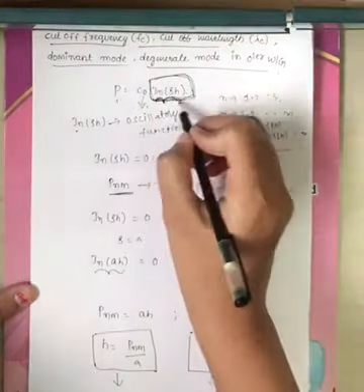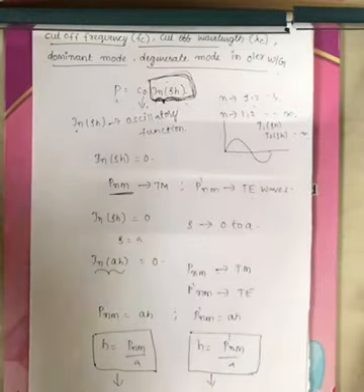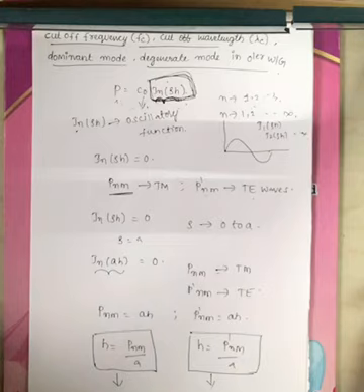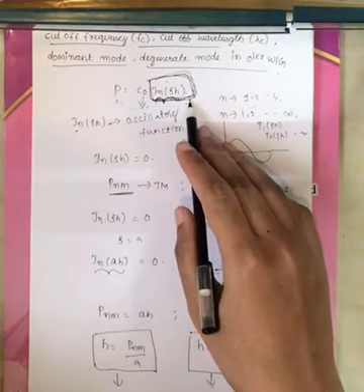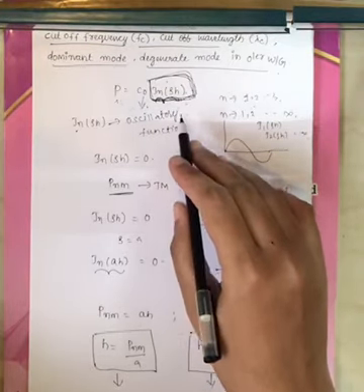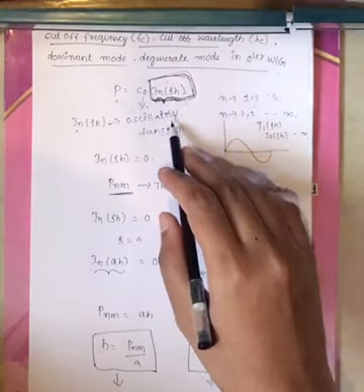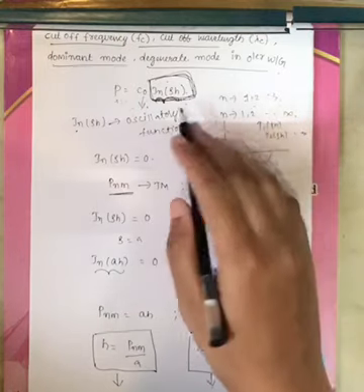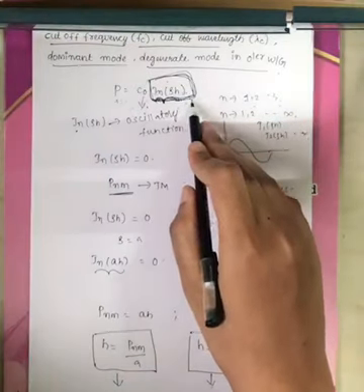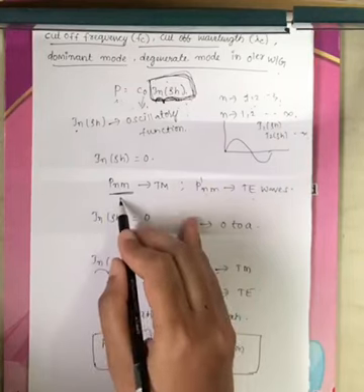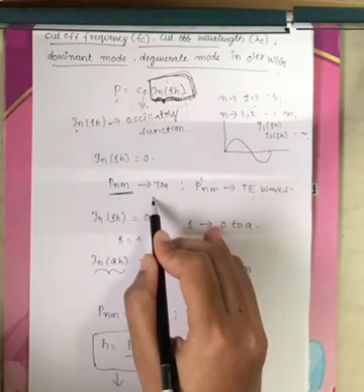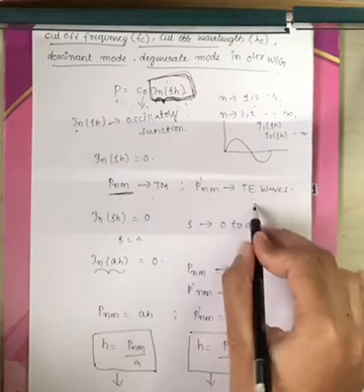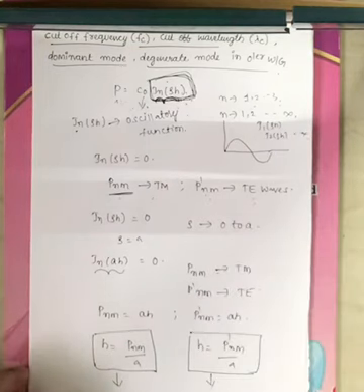This Jn of rho h is an oscillatory function, and it will have an infinite number of roots. Why will it have an infinite number of roots? Because n is varying from 1, 2, 3 and so on up to infinity. Now these roots of Jn of rho h, I am representing as Pnm for TM mode of propagation and P dash nm for TE mode of propagation, right? Because you will have both.